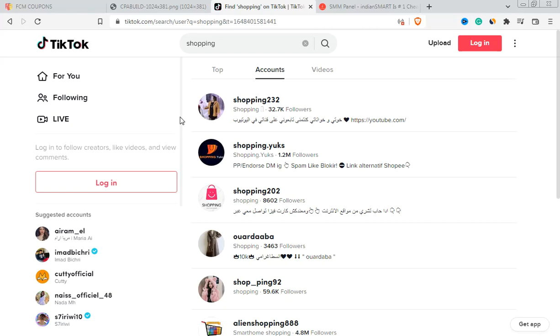And here is the strategy that you need to follow when you are contacting these people, or these creators on TikTok, if you want to grow your business and make money on CPABuild. Just create a landing page on CPABuild, just a local one, right? And just leave the offers you want people to complete. Something like a pay submit offer, or an email submit. Let's say an email submit